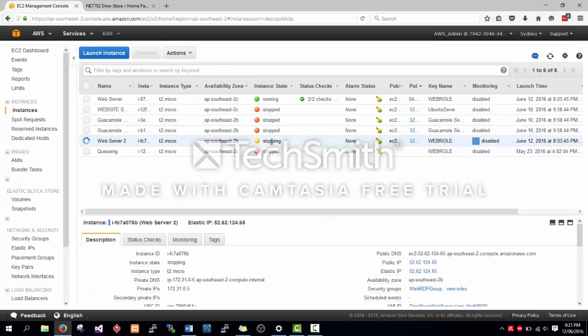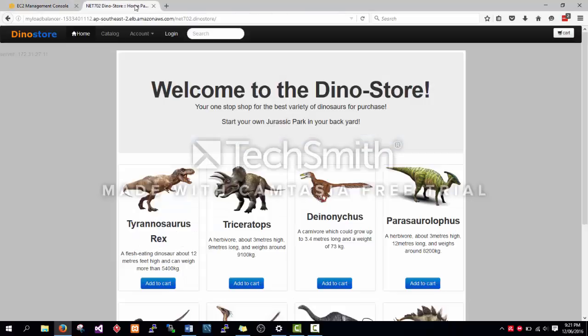Stopping, but you can also notice one other thing. The IP address is not changing. That's because there's only one instance up at the moment, so it's only using the one instance available until the other instance comes back online,